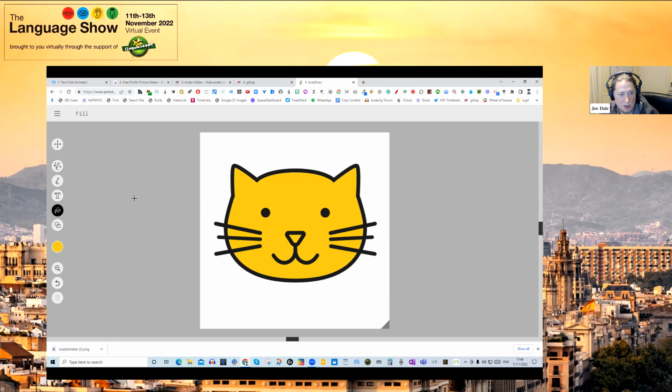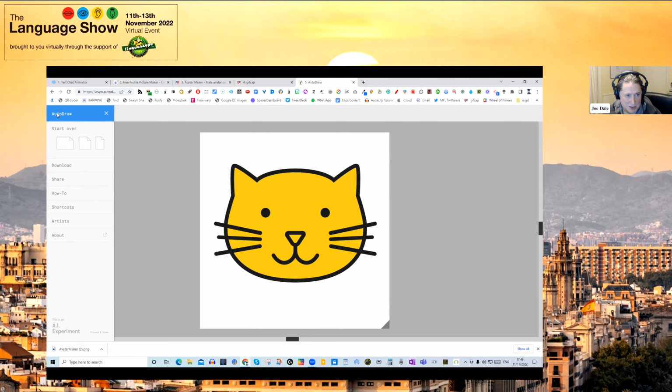But what you could do with this, you could also add text as well. You could put text underneath. But what you could do with this is you could make a whole scene if you wanted to, and then take that image and put it into, let's say, Book Creator, and then add some audio, as Jérôme was talking about earlier, or put it into Google Slides or PowerPoint or whatever it might be. So really good for those children and those teachers that find drawing difficult, particularly when you're presenting live in an MFL show and tell.